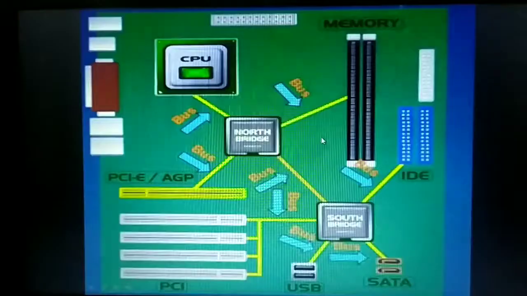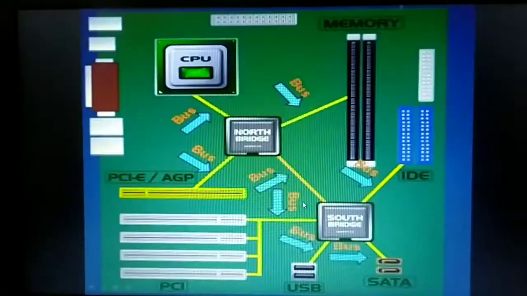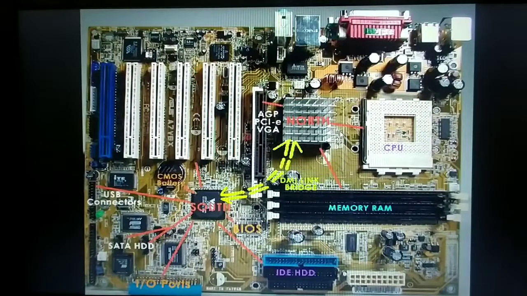I have shown this, right? If it is here, it is using the FSB, right? So it will use the front side bus and pass the information to the north bridge. The north bridge is connected to the south bridge. The south bridge will then pass the data to the lower section components. Again, when passing information to the CPU, it goes from the south bridge to the north bridge and then to the CPU. So this is how usually different kinds of chipsets are mounted on the motherboard.